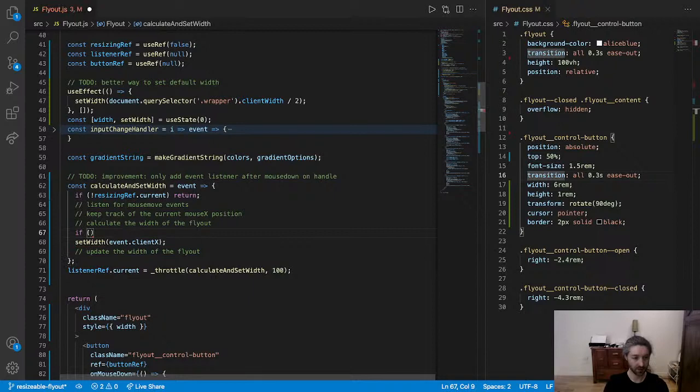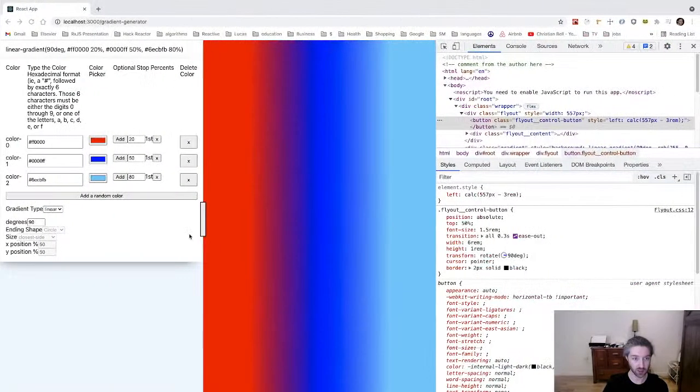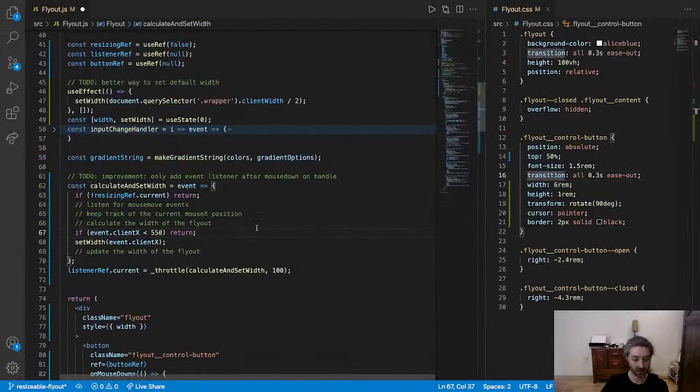This would be if event.clientX is less than 550, return, and don't change anything. If the minimum width is less than 550,